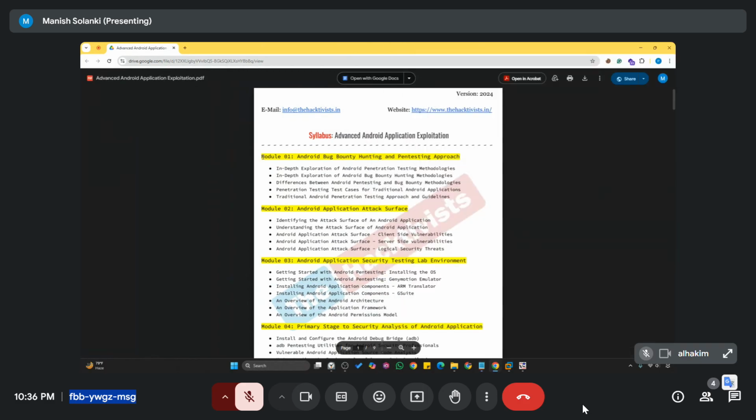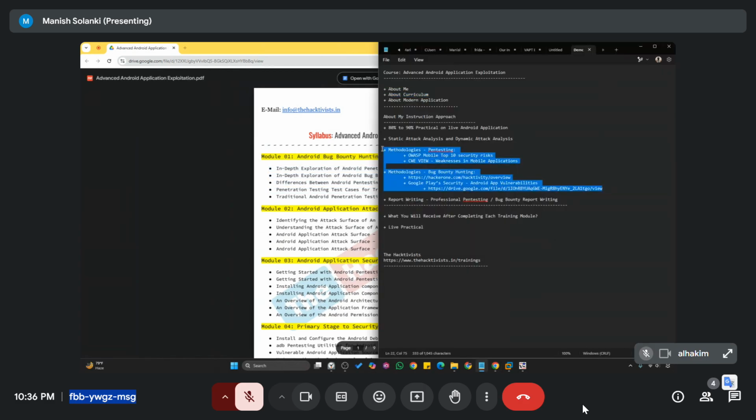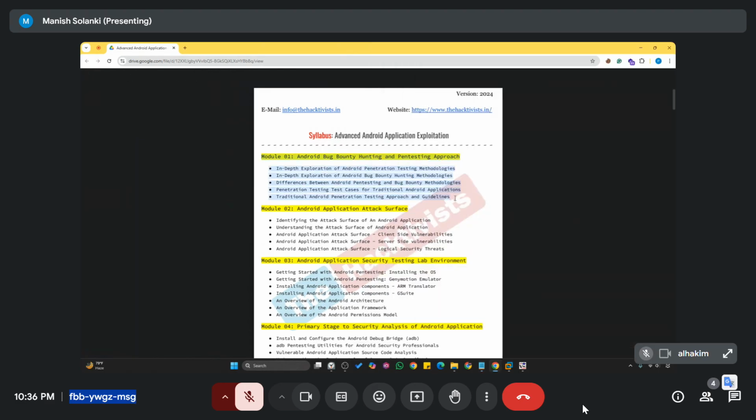So in module one, I am going to cover two methodologies. Here you can see in our training sessions, I am going to cover the two methodologies: pen testing methodologies and bug bounty hunting methodologies. So in module one, you will get to know about the different pen testing methodologies as well as the bug bounty hunting methodologies. Both methodologies are very different, and how to utilize both to test modern Android applications or complex